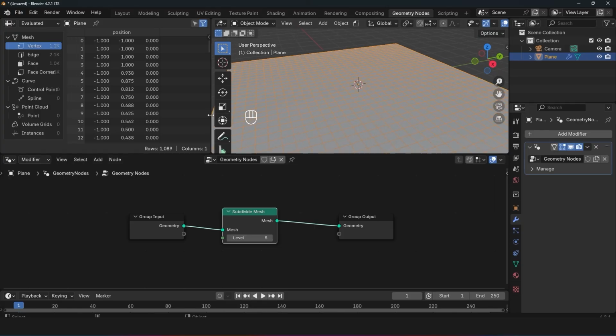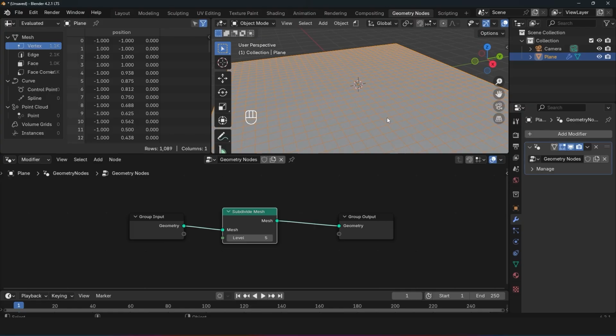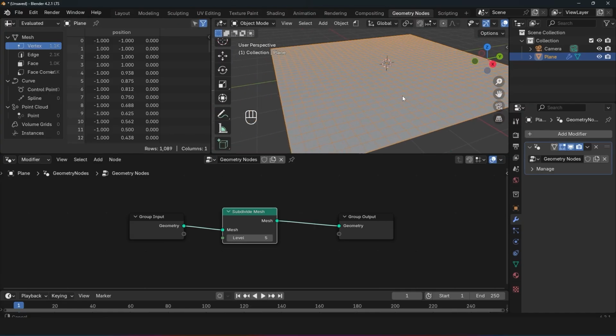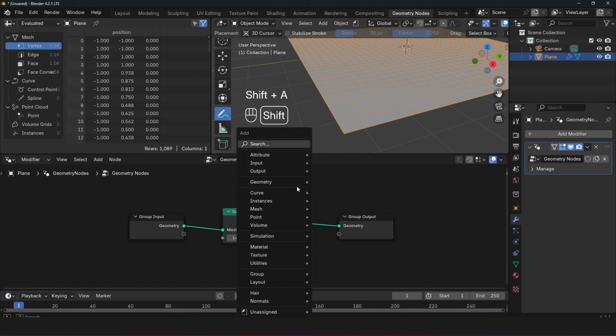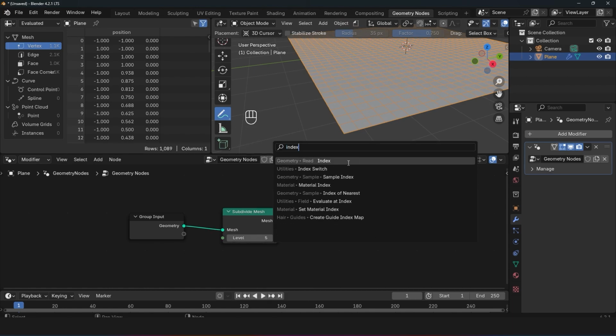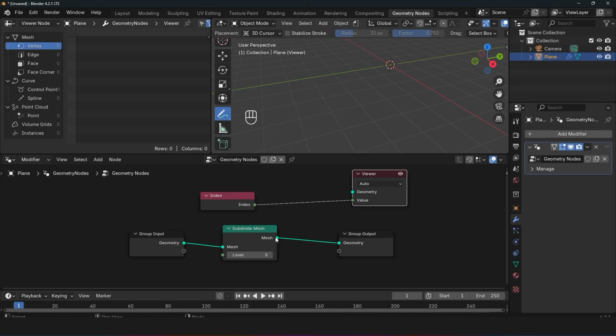We have already worked with attributes like position, scale, rotation. Those are all attributes, and they can be stored onto every point, onto every edge, onto every face, as you can see here. And the first attribute always is the index, which is basically an identifier of whatever data you're looking at. We can actually preview this using the index node, which reads the index of each individual data you're looking at. So if we preview this using Ctrl Shift and then clicking on the index,